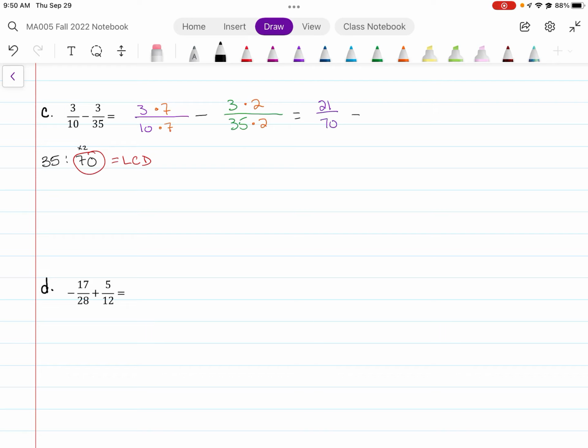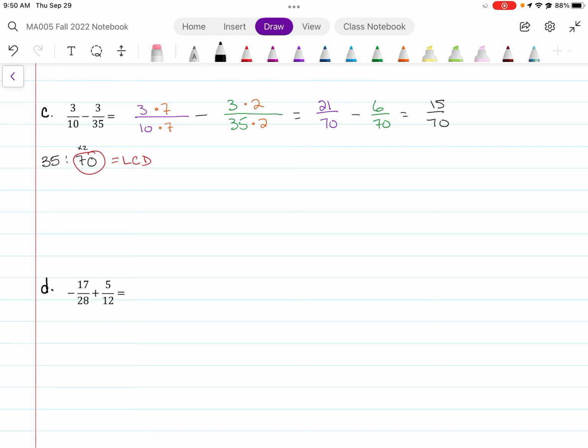So I've got minus 3 times 2 is 6. 35 times 2 is 70. All right, so now I've just got 21 minus 6 is 15 over 70. And sometimes even if you did reduce as far as you can go, it still needs to be